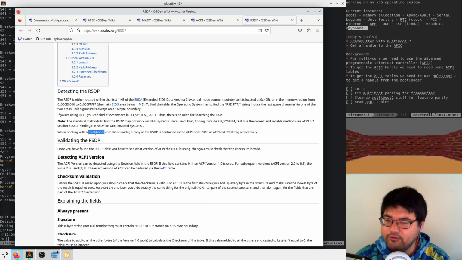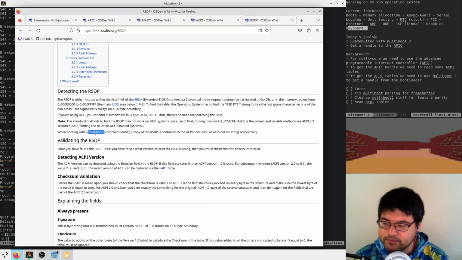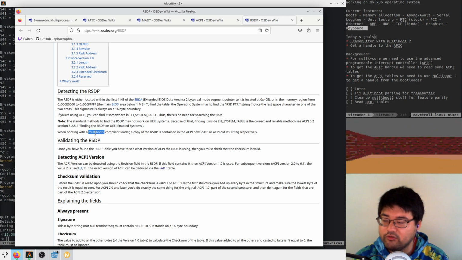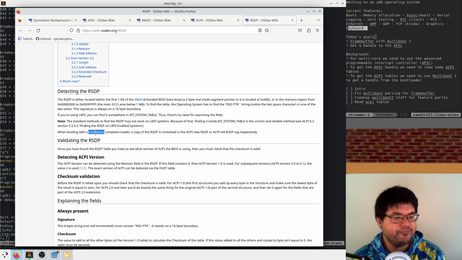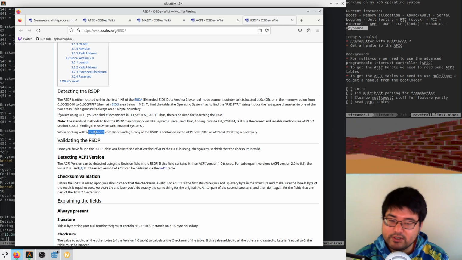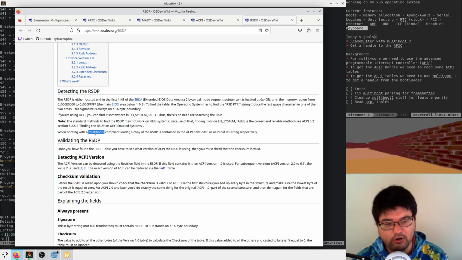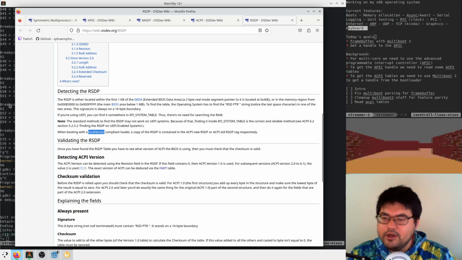Last year we got pretty far. We got to the point where everything was working the same after boot, except our frame buffer was not getting initialized. I'm sorry, we actually initialized the frame buffer, but we never got the handle to the frame buffer from within our OS. So that's what we're working on now.